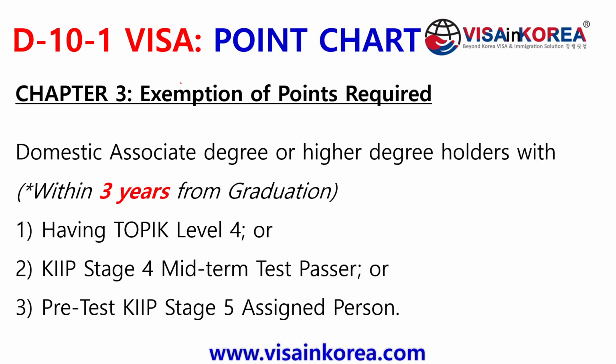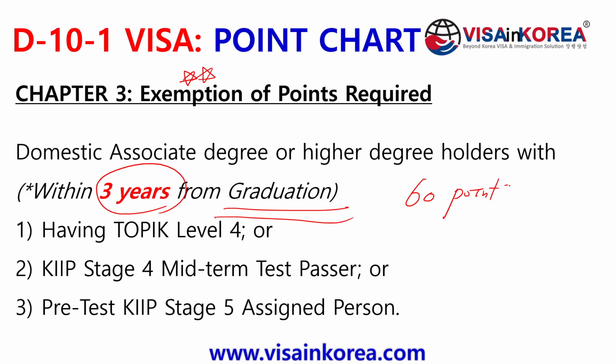There is an additional very good benefit for domestic associate degree or higher degree holders within 3 years from graduation. I said that you need 60 points, right? But if you got an associate degree or higher degree in Korea, and your graduation date is within 3 years from when you apply for the D-10 visa, then you have a chance to apply for the D-10-1, and no need for the points. If you meet this requirement, you got an associate, bachelor's, master's, or PhD degree in Korea,